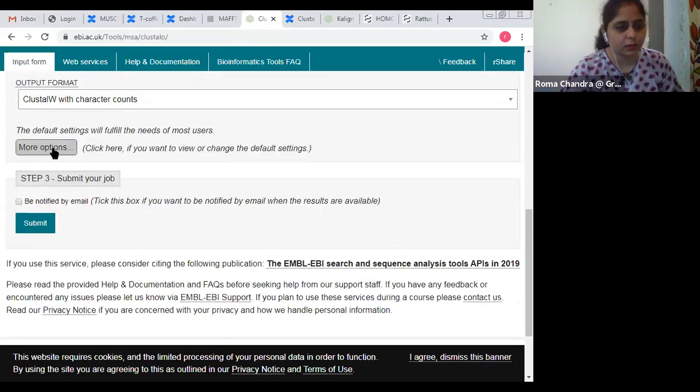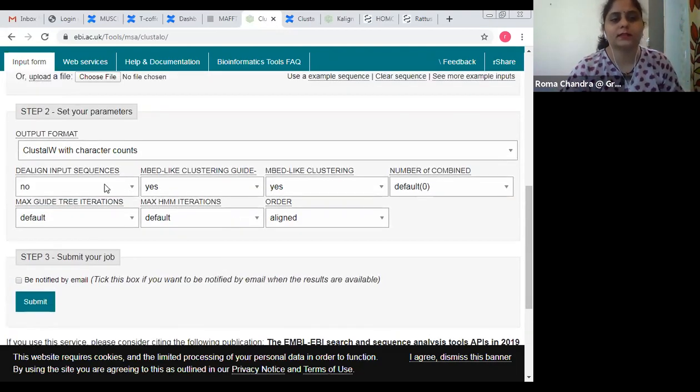Okay, and there are other options. Again, you can just consider the default settings, or if you want, you can consider the other settings as well. These settings basically depend on the kind of tree you are using. Okay, so the input sequences you want to consider from D align, which is a pairwise sequence alignment tool. You want to go for embed like clustering guide, so this is a guide that will help you go through the clustering process in a tree format. So all these other notifications and parameters are there. You can just go searching, or you can just go with the simple default value.